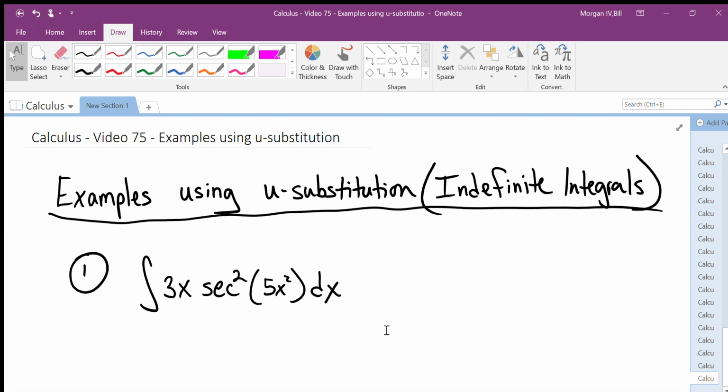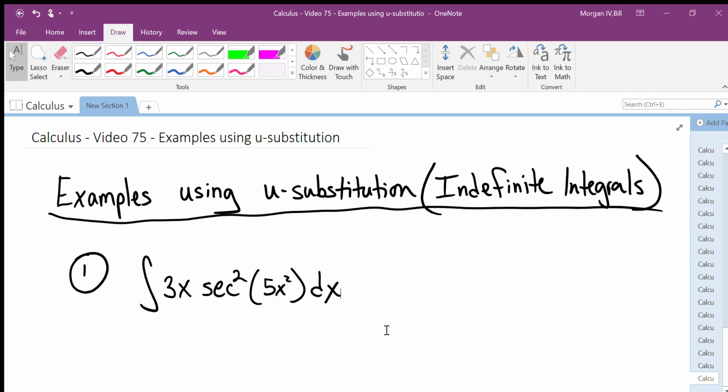Calculus, video 75, examples using u substitution. Specifically for indefinite integrals. Again, we'll get to the definite integrals in a few videos from now. So for indefinite integrals using u substitution, we take a look at a problem like number 1, the integral of 3x